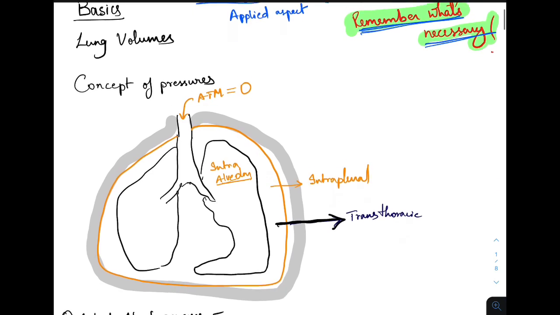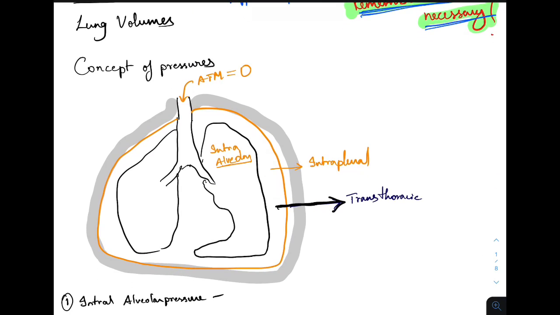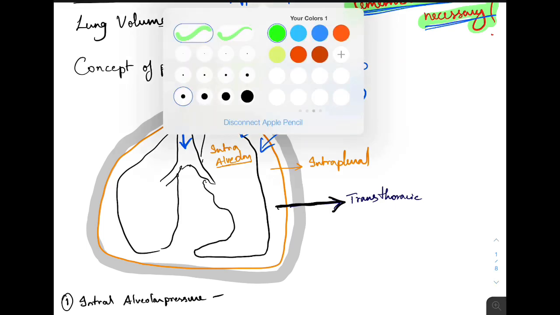So in order for the lungs to get filled with air, it needs some pressure gradient, right? Usually when it's in equilibrium, we consider the atmospheric pressure to be zero. So in equilibrium, atmospheric pressure is equal to alveolar pressure, so it is zero. In order for air to enter the lungs, alveolar pressure must go negative, right? Only then does it pull the air from outside to inside. For intraalveolar pressure to be negative, there must be a force which pulls or distends the alveoli,